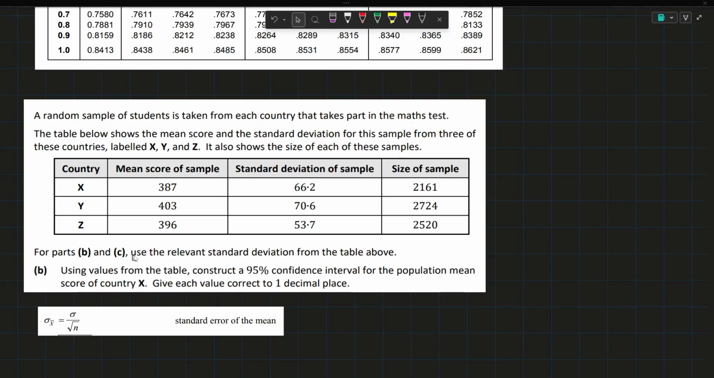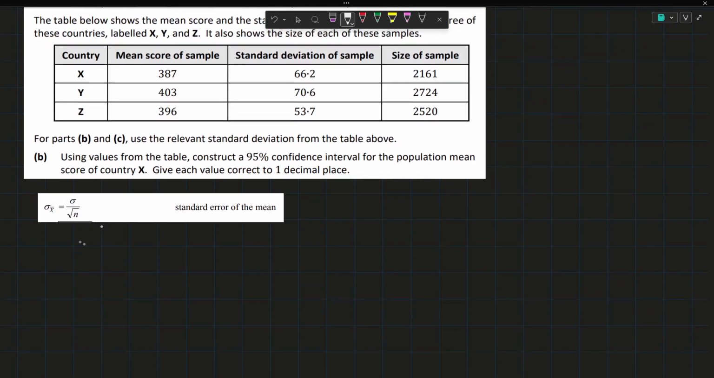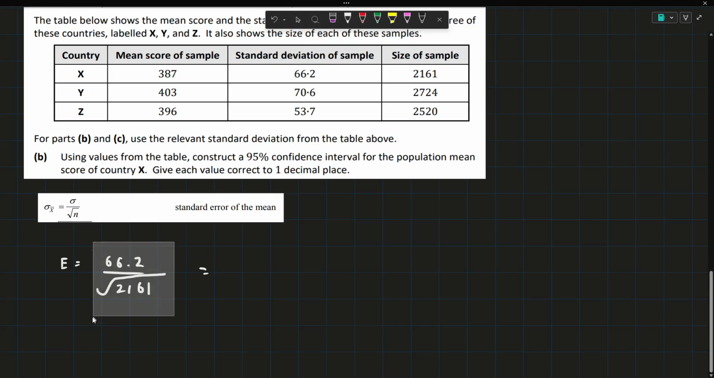Then in part B, we're told to do a 95% confidence interval for the population mean score of country X. So we have the mean score, we have the deviation, and we have the size of the sample. So first of all, we need to figure out what the error is. So here's the error. It's a formula in the formula and tables booklet. So the error, which I'll just call E, will be equal to the standard deviation, which for x is 66.2, divided by the square root of the size, which is 2161,